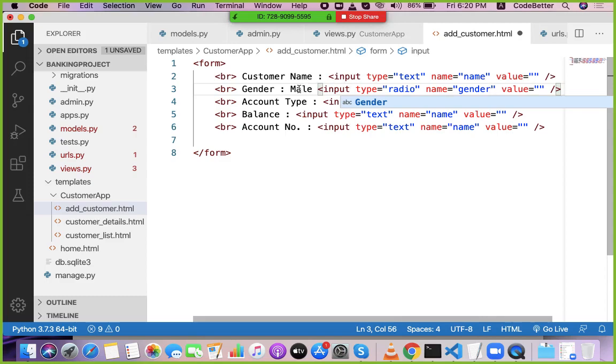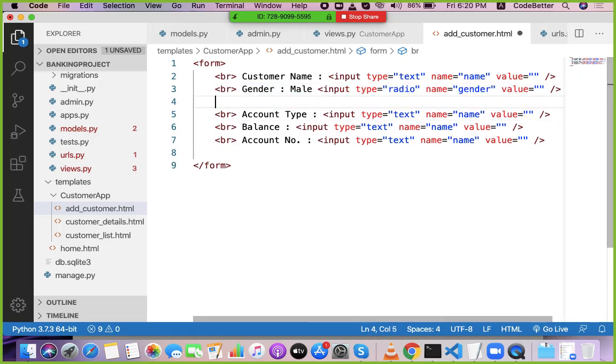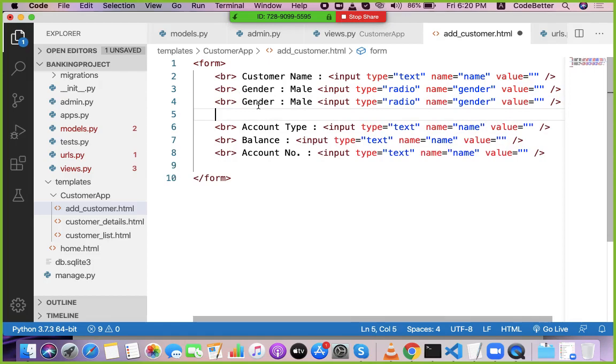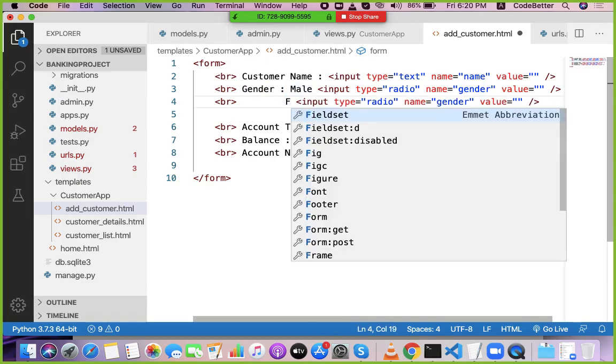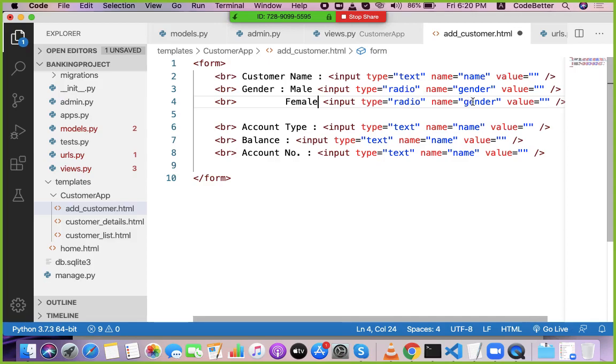Okay, we need one more radio button. The name should be same for both, because user can select any one out of these.